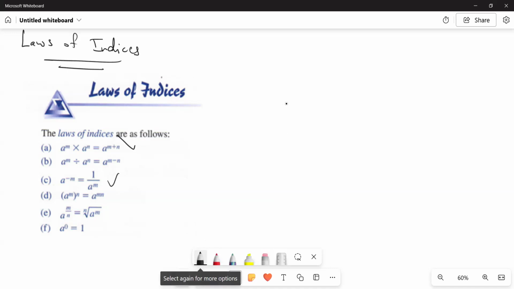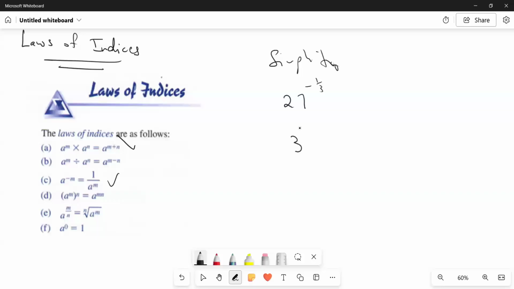Let's say you have to simplify this one, 27 to the -1/3 term. You want to simplify that. Well, what you want to see this 27 as, it's what, 3 to the third power? Isn't that true? 27 is 3 to the third power. See if you agree. So you apply